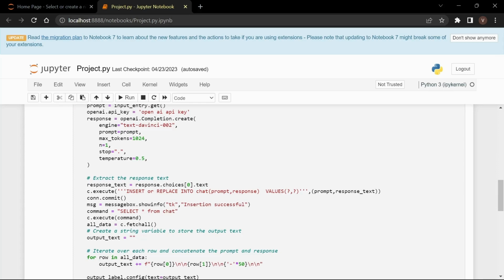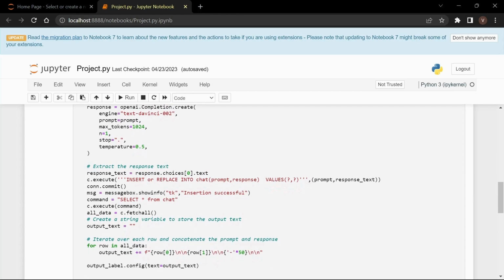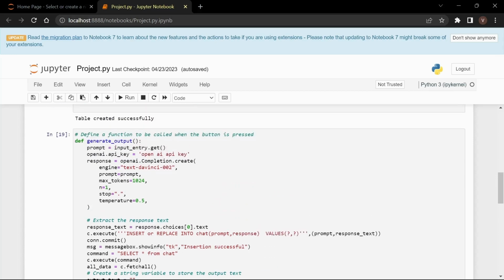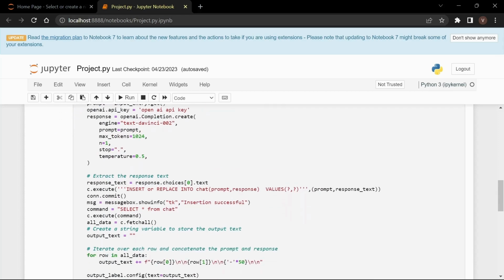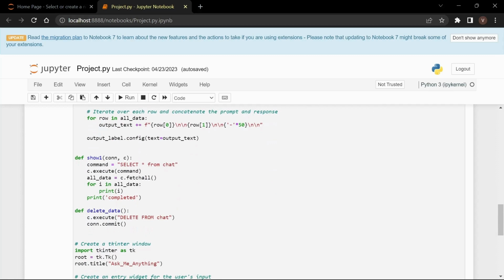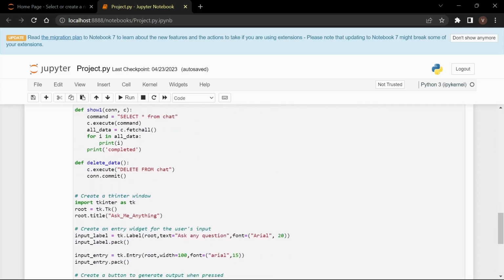Clearly, the output generated will be based on the API which we have used, OpenAI. So there is not much of our contribution towards the responses. But it is very common to use APIs for this kind of usage. Next, we have the show function, which simply retrieves all the data. Finally, we have a delete button that allows the user to delete or clear the chat history. When the button is clicked, it calls a function named deleteChat that uses a SQL query to delete all data from the chat table.